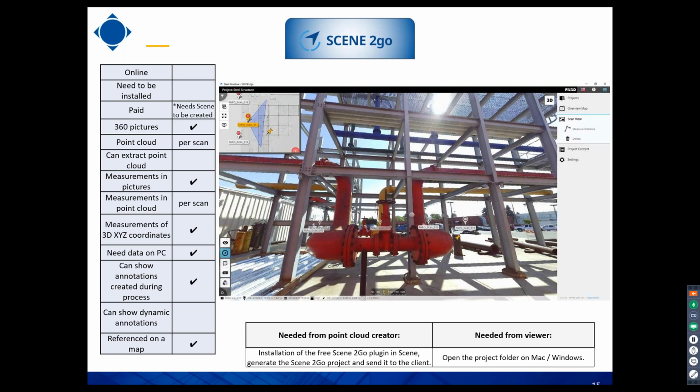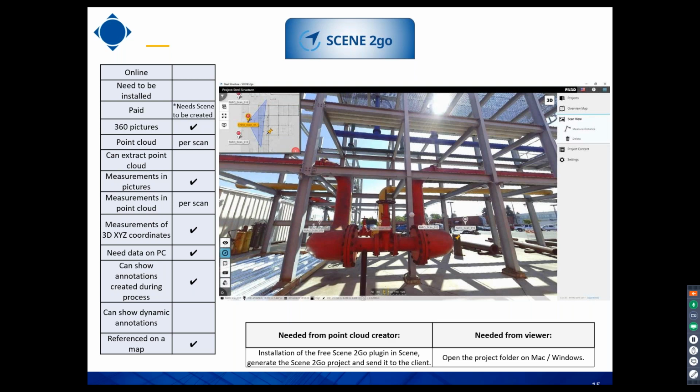In the folder, you have pictures and the point cloud per scan. You just need to open the folder and launch either the Mac or Windows version. Without any installation, you'll be able to visualize the point cloud per station and all the panoramic pictures